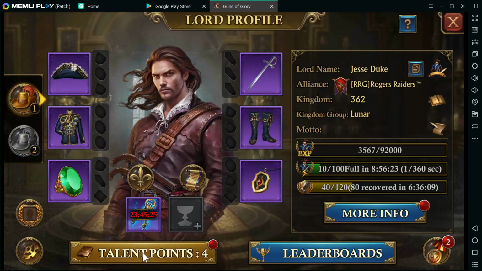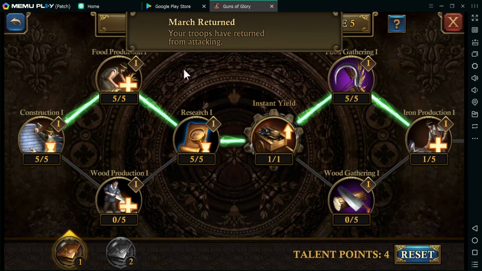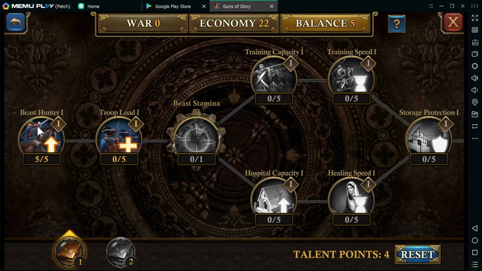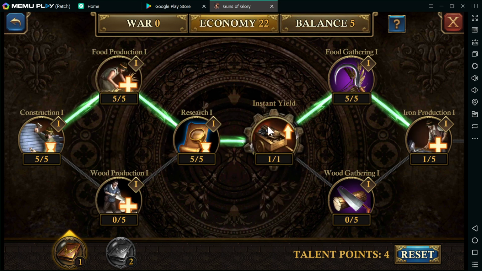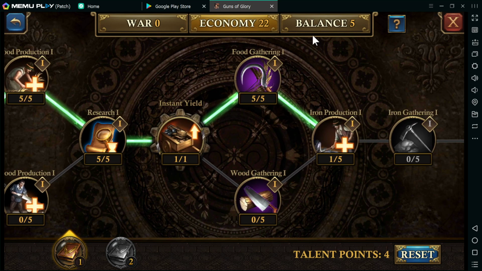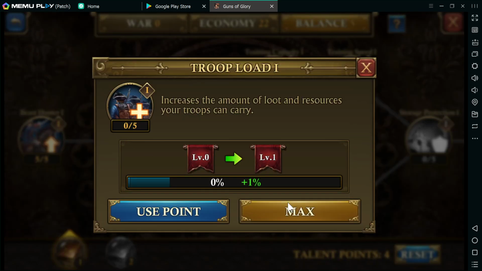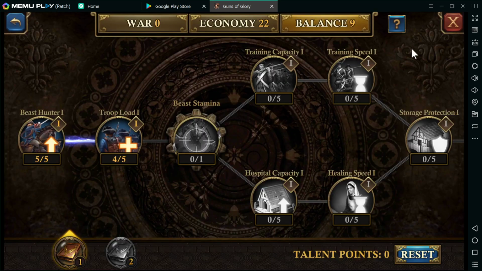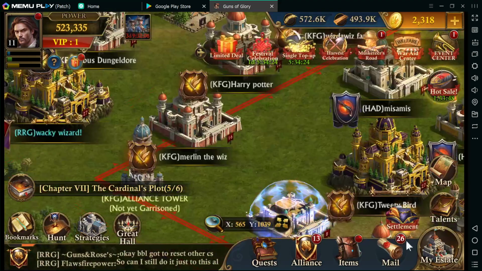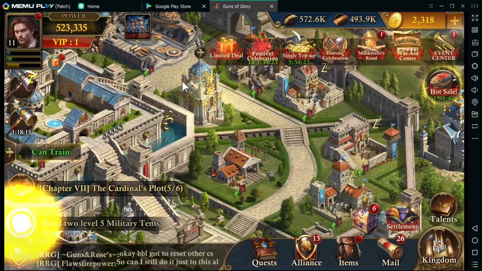Okay, so we needed to. We've upped our B speed. You know, I went and unboxed from airship stuff when I needed to. So we're not going to need iron production. So I'm going to go back over to troop load, level that out, so that I can grab bigger loads of farming materials. And then I'm also going to go over